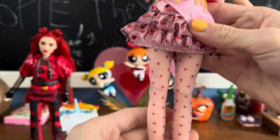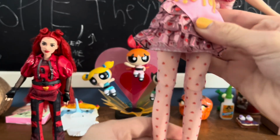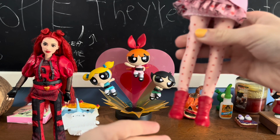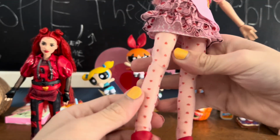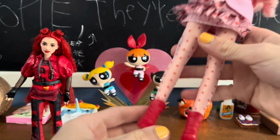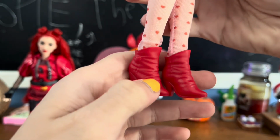I don't know what went on with these tights, but they are sheer pink with red hearts on them. I may just end up taking them off. It's very Wonderland, and I do really like it, but with how odd fitting they are, I may just take them off. Sorry, girl. Then we have these red boots, which are the only...